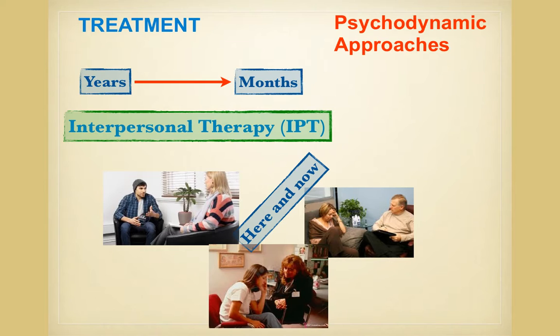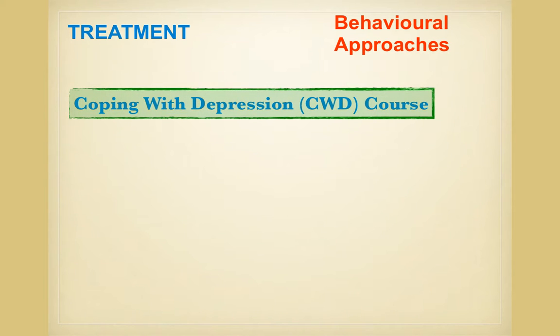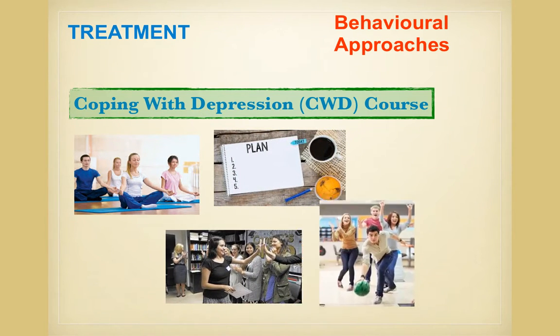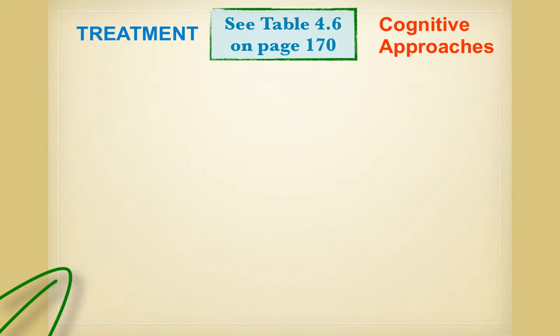Now, looking at the behavioral approaches, they consider that depression is learned and can be unlearned, and they'll use an approach called coping with depression. It's a course. Learning theory approaches have focused on helping people with depression increase the frequency of reinforcement in their lives through such means as increasing the rate of pleasant activities in which they can participate, and learning to develop relaxation strategies and a self-change plan for more effective social skills to increase their ability to obtain social reinforcement from others.